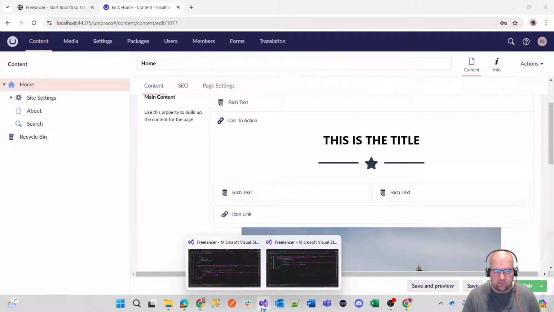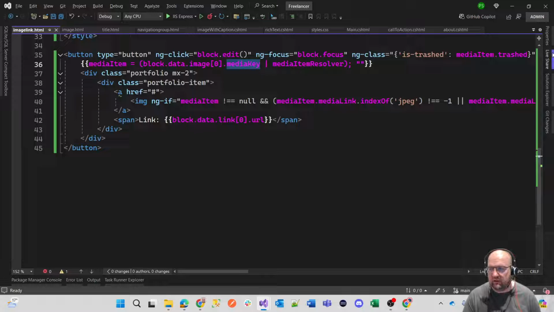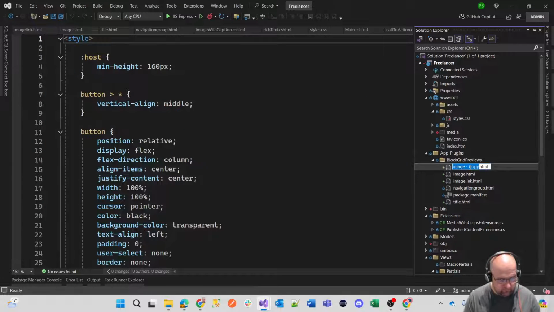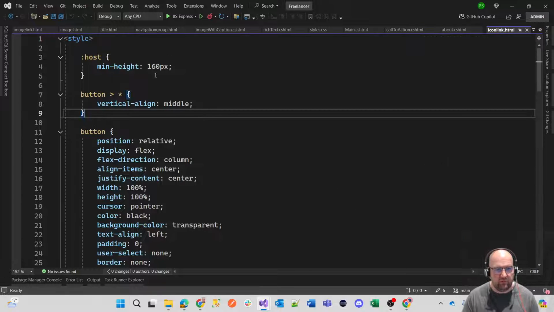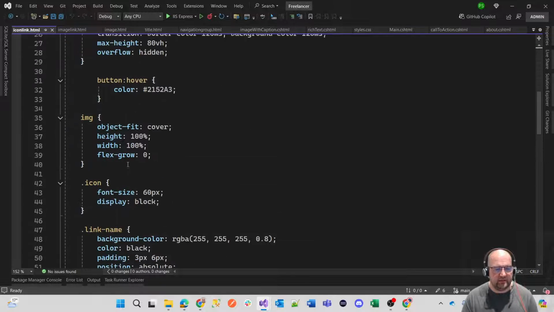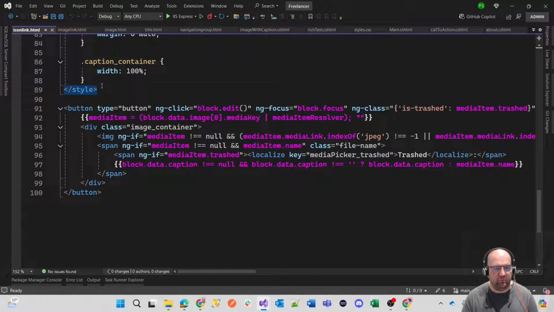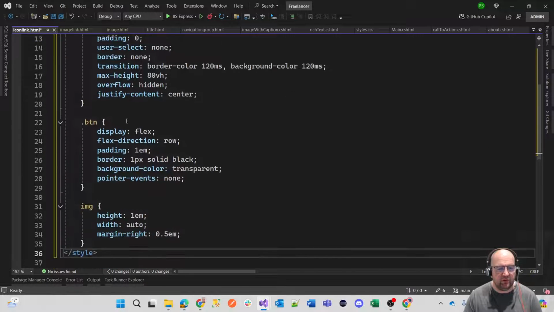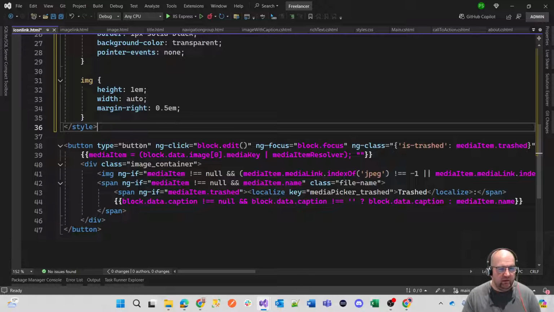So again, same process, go into our code, copy one of these, rename it icon link. First of all, copy the style block. You could copy the whole lot if you wanted, but for some reason I'm enjoying copying the style block first. It feels less just copy and paste if you do it in two parts. Don't know if that's a thing or not, but anyway, we've got an outer button, we've got a button, we've got an image. And then I'm going to copy the HTML,